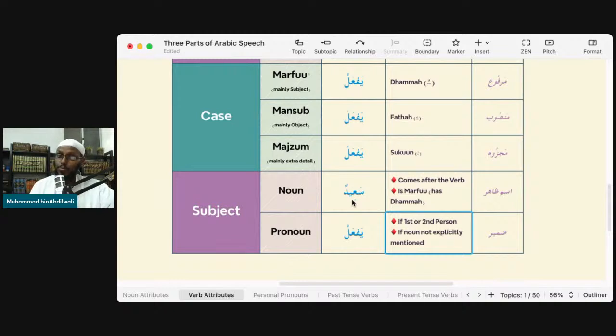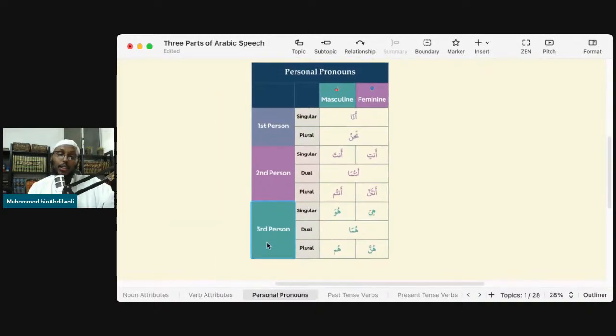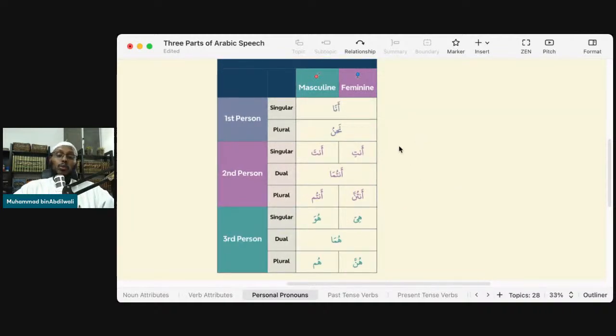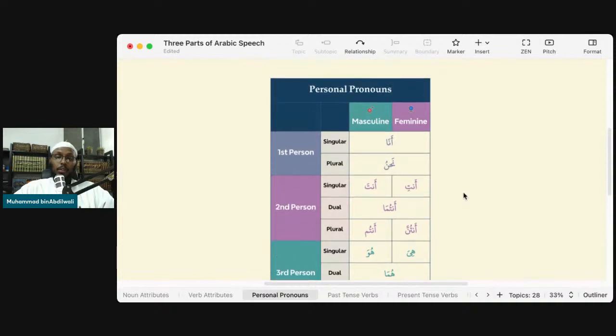Now that pronoun refers to someone. And that's the thing about pronouns, which is the next thing we're going to talk about: personal pronouns. Personal pronouns are very, very special. There's a list of personal pronouns. These are one of the most special words in the Arabic language. Number one, because they're nouns, and nouns are more special than verbs. And number two, because they are the most important noun types, really, especially when it comes to trying to comprehend the language. Subhanallah, I cannot tell you how important it is that you know your personal pronouns.